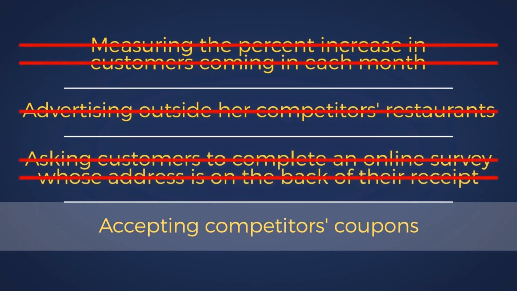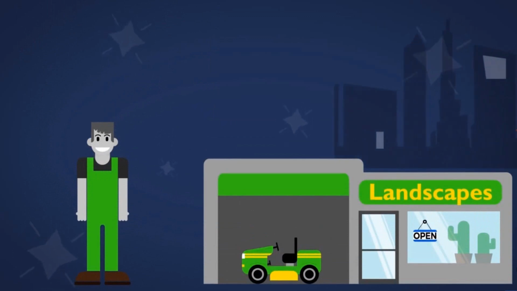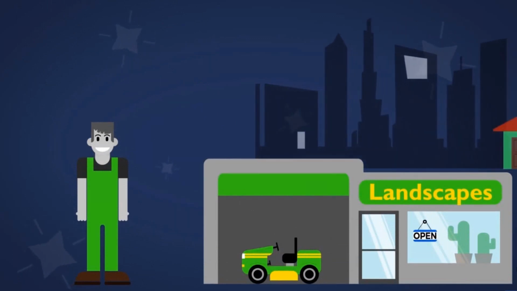Using competitors' coupons will give her a direct look at who the new customers are. Sure, her regular clientele may also take advantage of the offer, but where they are regulars, she'll know the new customers. One more. Michael's landscape design business has expanded to include landscape maintenance, cleanup, and snow removal during the winter